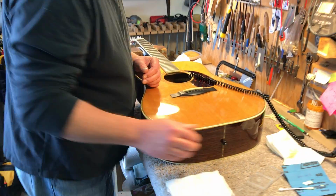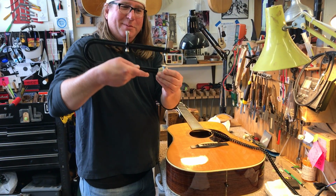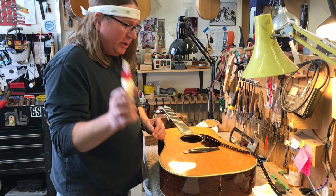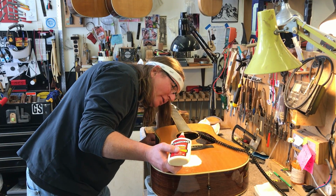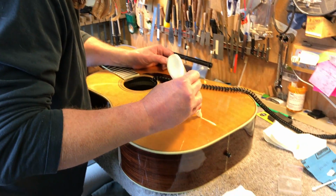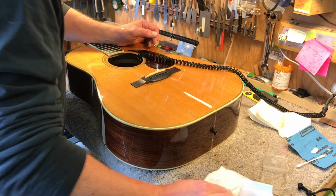Okay, so I have that cleat, not that one obviously, but another one, taped on this clamp already. And just use regular old Titebond glue, yellow glue. What I'll do is, I've got a mirror inside too and a light so I can see everything that's going on. And what I'm going to do is put a bead of glue down here and wet my fingers a little bit,